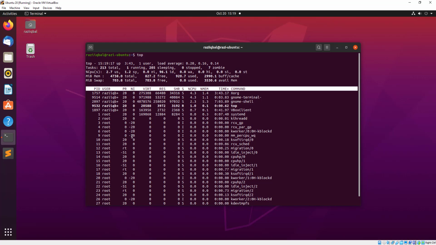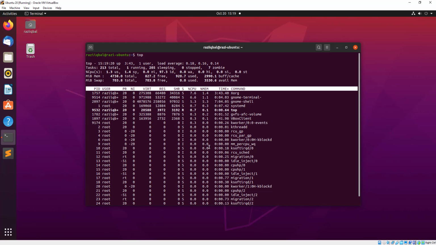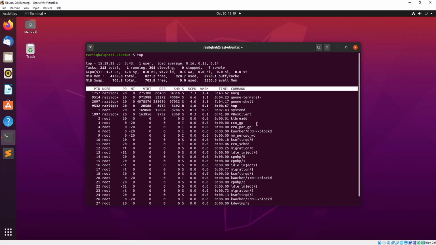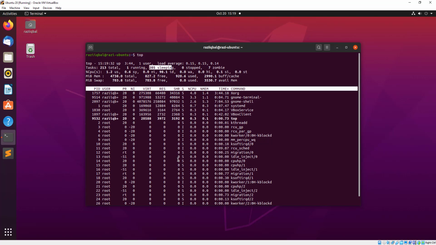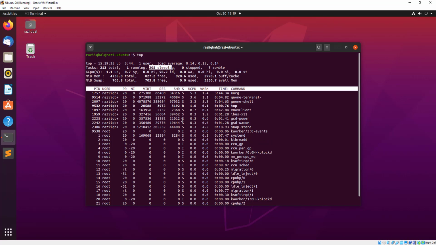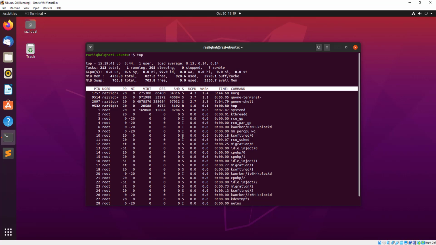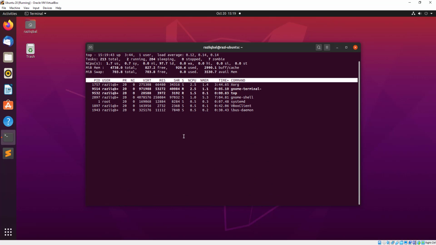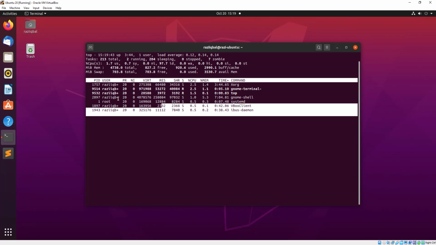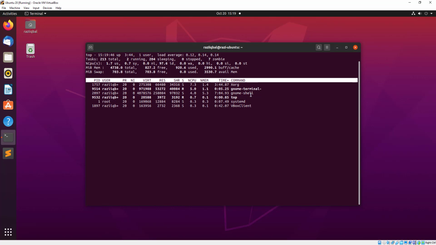So this is for all the users, and these are all the processes being shown over here, at least the majorly used processes. We can toggle this information to see the idle processes. We can see that there are some sleeping processes, also some idle processes. Not necessarily all of them will be shown over here. So we can use the I key, and if I press I, it will show us all the idle processes. So these are all the idle processes running over here,